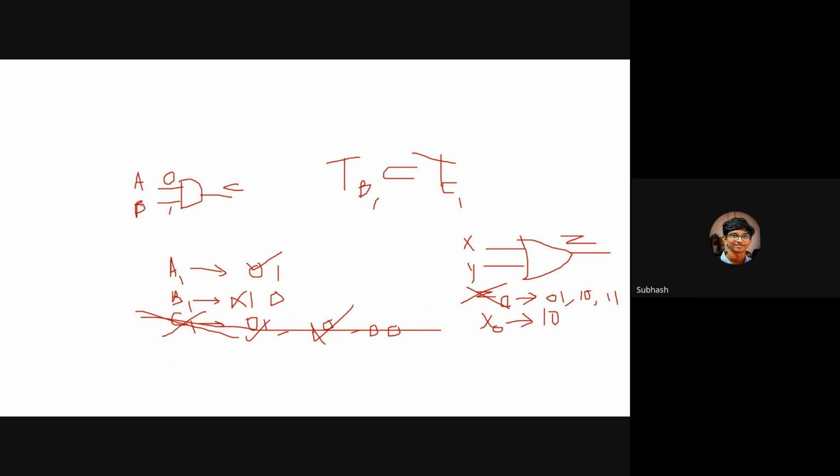So basically, if you write test vectors for that, it's enough. In this AND gate, it's enough if you test for A0, A1, B0, B1. So if you do this, that is enough. We don't need to separately consider C0 and C1 because C0 is equivalent to A0 and